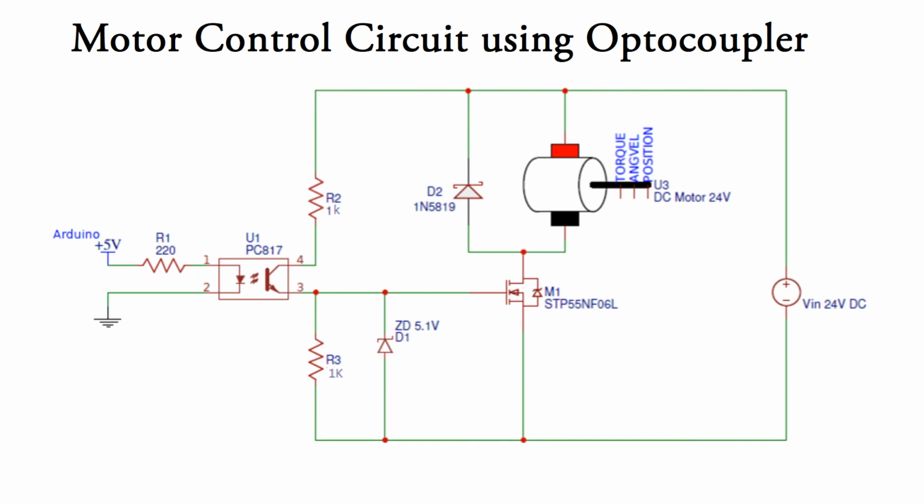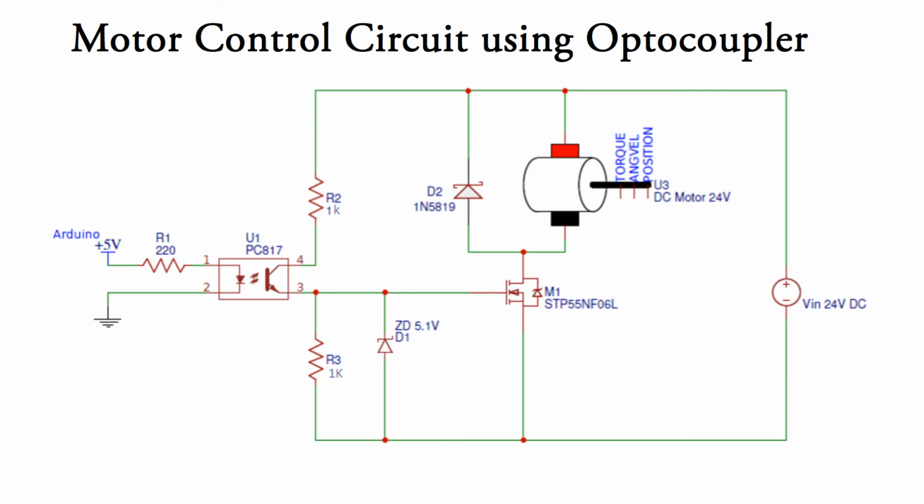Next we'll see a simple motor control circuit using an optocoupler. The circuit is given here just to understand the concept. From the exam point of view, it is not needed. Here you can see the Arduino is the access and control unit for the motor. Arduino needs 5 volt, the motor needs 24 volt. If you connect the control circuit directly to the motor circuit, the high current flow may damage your Arduino board. So in order to avoid that, we can use this optocoupler in between.